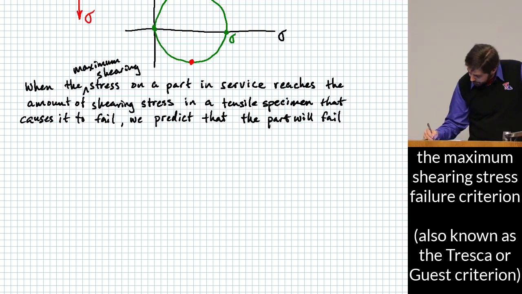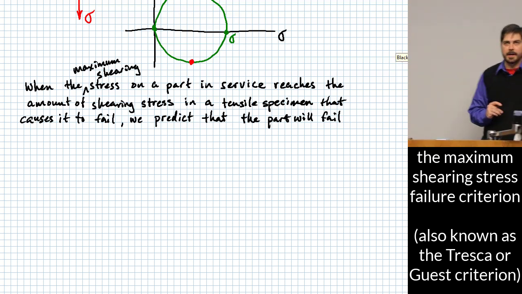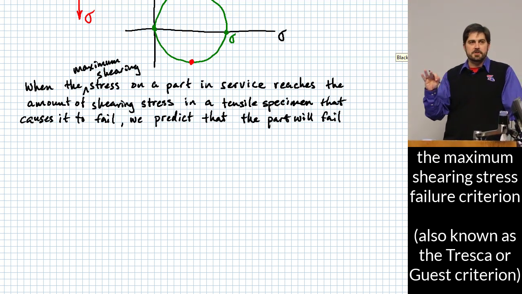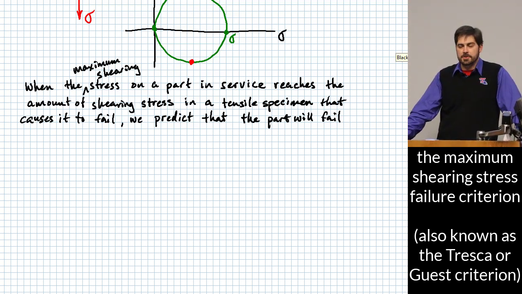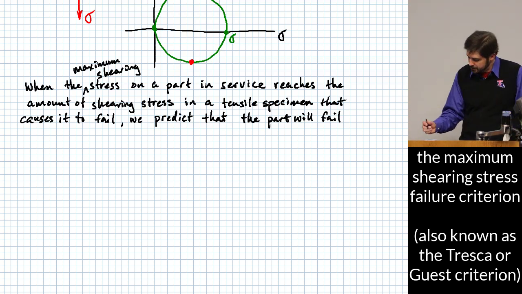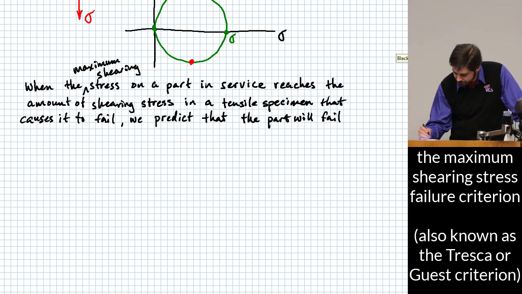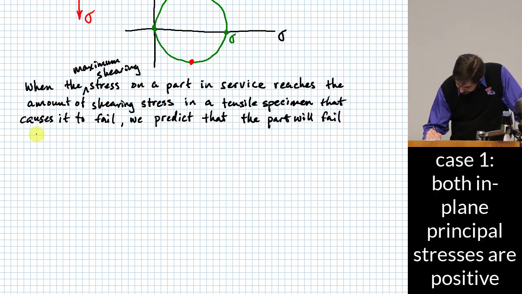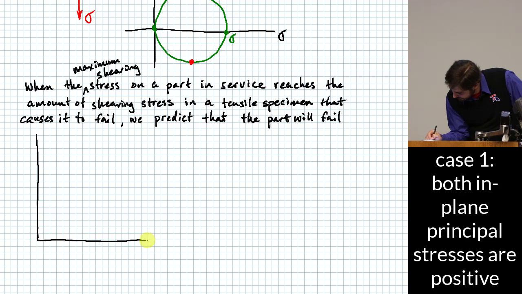And what we'll do, though, is we'll actually focus on three different possibilities of plane stress, because it's the most common type of stress that occurs at the critical locations on parts, because the critical locations on parts usually happen on a free surface, and so the part will fail at a location where there's a state of plane stress. And so we're going to look at the three different possibilities that we have for that. One possibility is this. Okay, one possibility is that on our Mohr diagrams here,